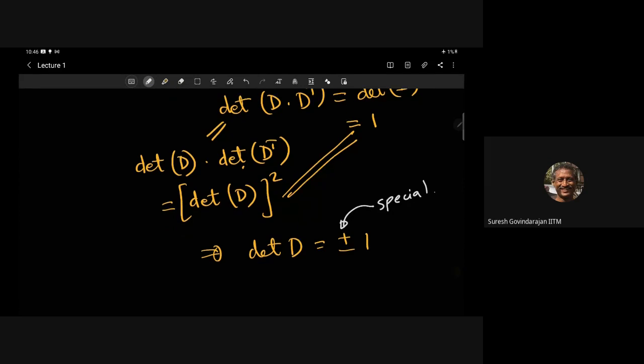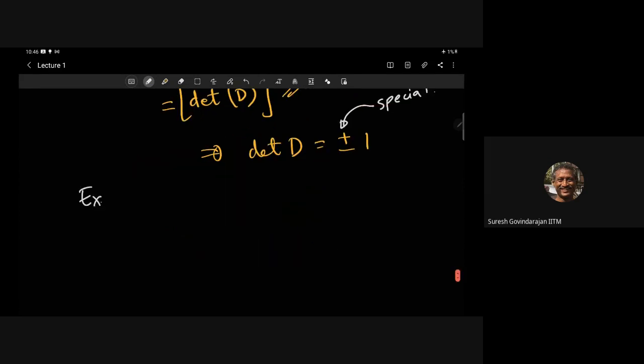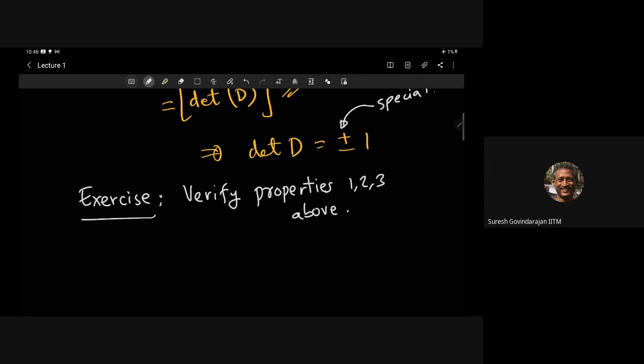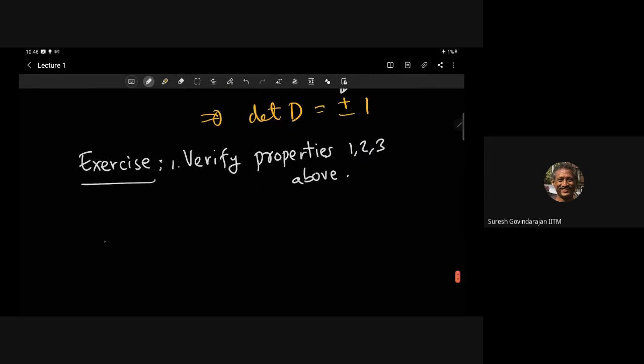Okay, so exercise is verify properties 1, 2, 3 above. Okay, this is one. Second one is verify that special orthogonal matrices